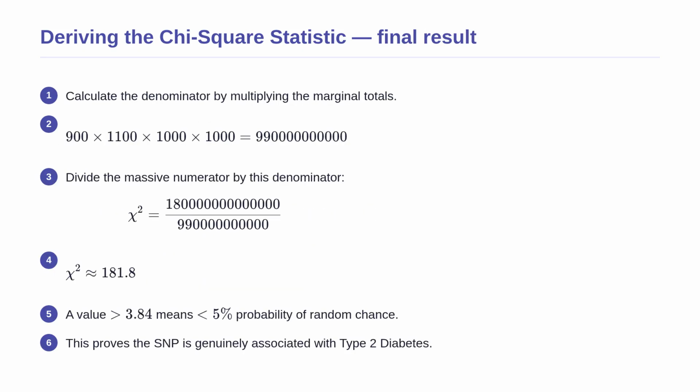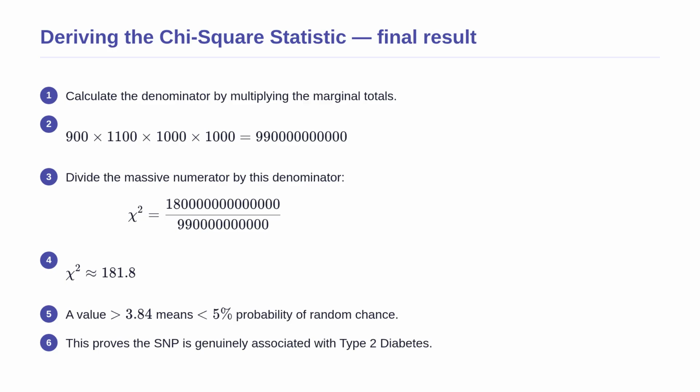With our numerator calculated, we can now finalize the proof of statistical significance. We calculate the denominator by multiplying our four marginal totals together, which gives us 990 billion. This denominator acts as a normalizing factor, scaling down our massive numerator based on the sample sizes of our groups. Dividing the top by the bottom gives us a final chi-square value of approximately